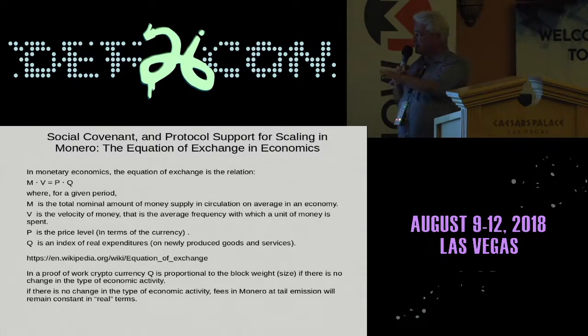But it is an indicator that Monero really is very much in harmony with the basic laws of economics and how the fees are set. Because essentially we're saying in Monero we have a block size economy and a set fee, which is a set-it-and-forget-it approach. So in the sense of how our fees work, it is very much in harmony with what's called the equation of exchange in economics.